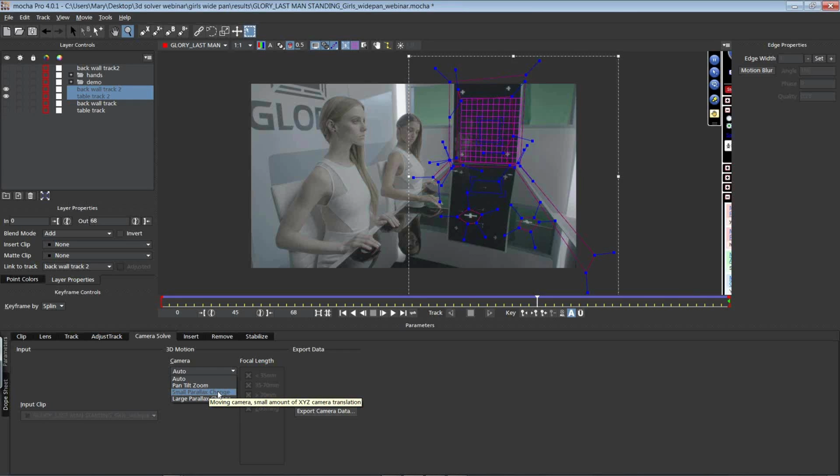a crane or anything. As long as it's a moving camera in any capacity, you need to use either small parallax or large parallax. Small parallax is your landscapes, where your camera is far away from the objects you're filming. Large parallax is where your camera is closer, so it's medium to close-up shots. In this case, this is definitely a large parallax solve, so we select those two layers and we hit large parallax